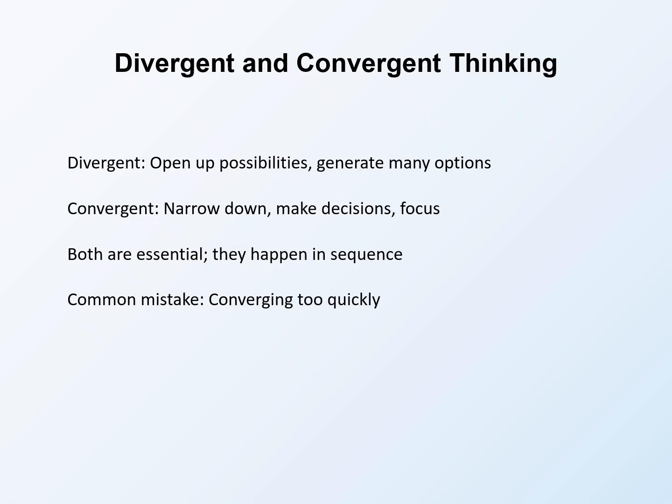From all these ideas, which should we pursue? Both are essential, and they happen in sequence. A common mistake is converging too quickly. You talk to 2 people and think you understand. You brainstorm 3 ideas and pick one. This truncates the process. True HCD requires discipline to stay in divergent mode long enough to really explore before you